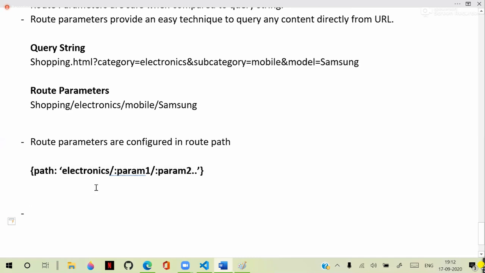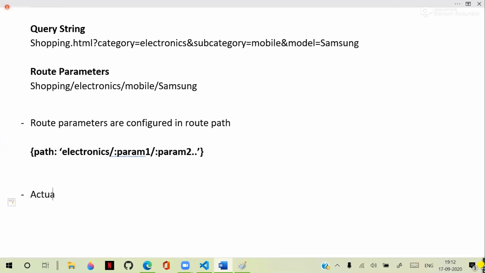Then how are the actual values from the request passed into route parameters? They are passed into the route parameters from the URL. From the URL, we have to pass the parameters. How do we pass that? In the URL, you have to define it in this way,